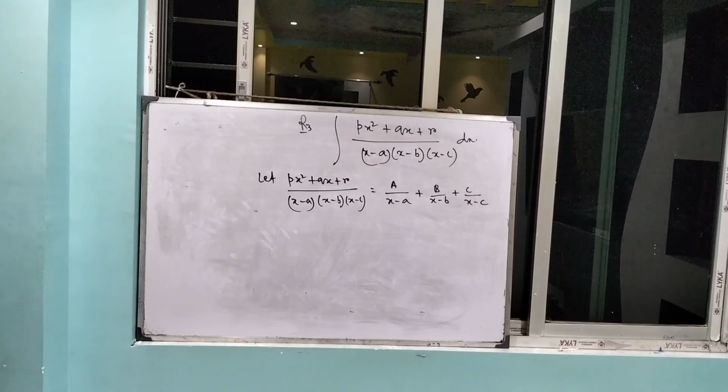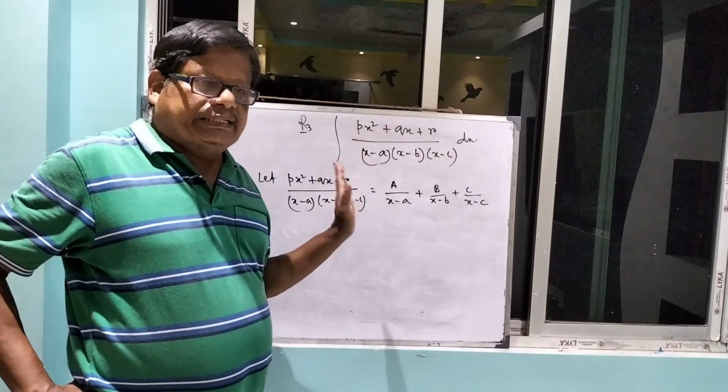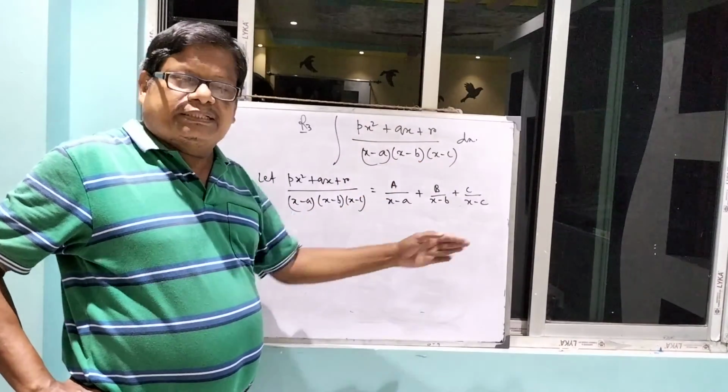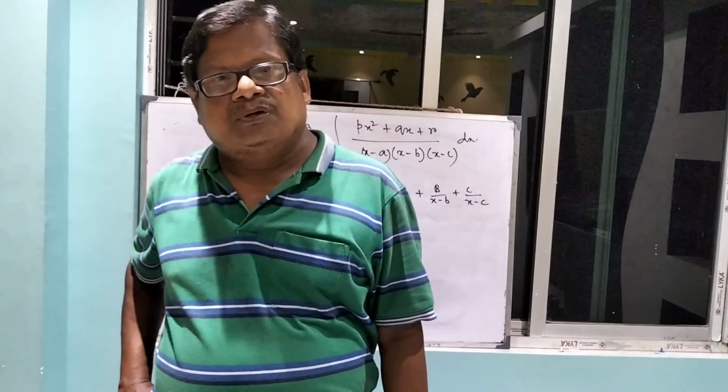You can do a similar process also, no problem there. The fact here is, put x equal to a, b or c in the numerator, then you will get the values of a, b and c, and put them in.